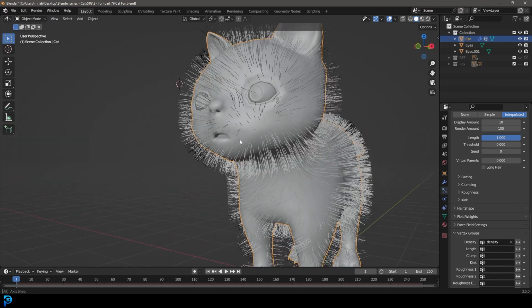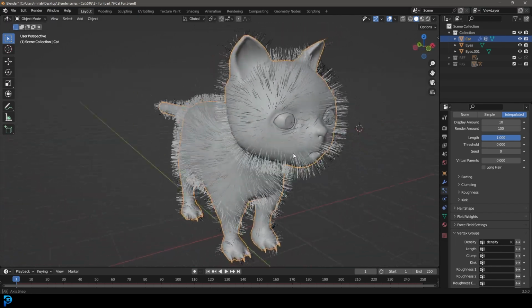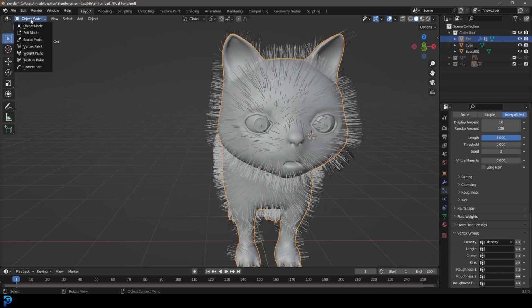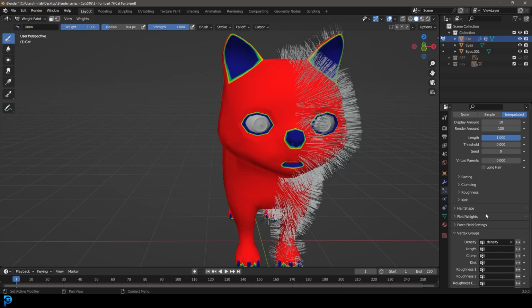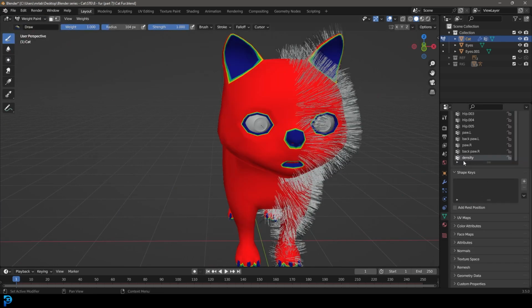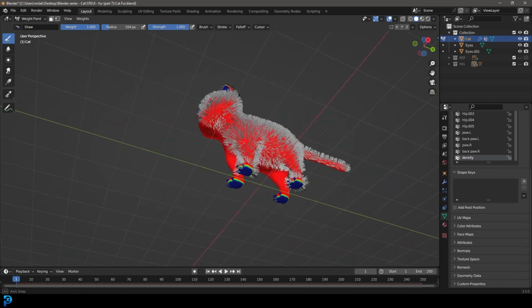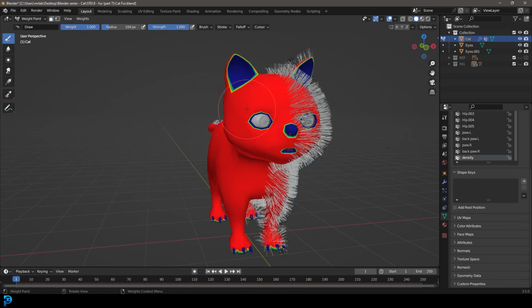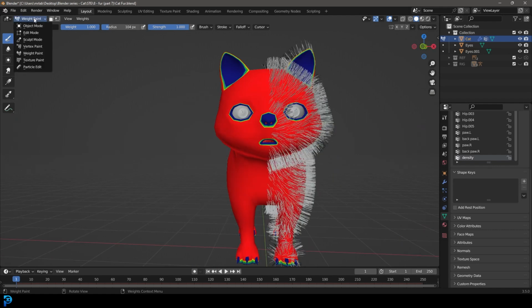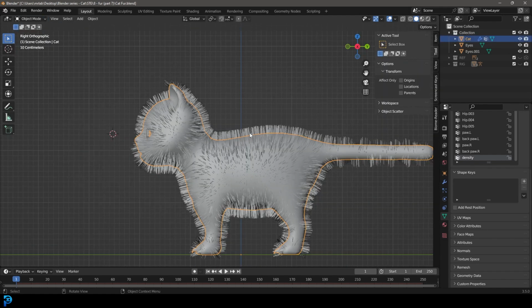Let's click on it, and now it's only placing it where we should have it. Okay, if you go over into our weight paint, with that density selected, you can actually see what it looks like. That gives you a really good visual of what we're dealing with. So let's go back to our object mode, and with our cat selected,